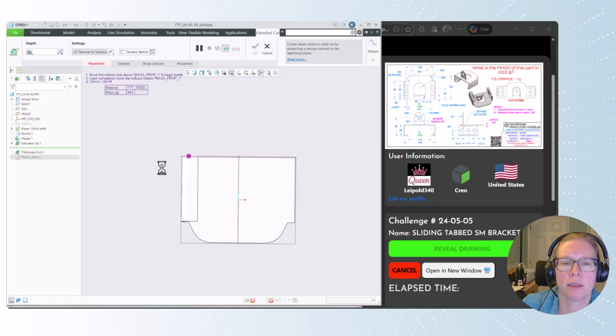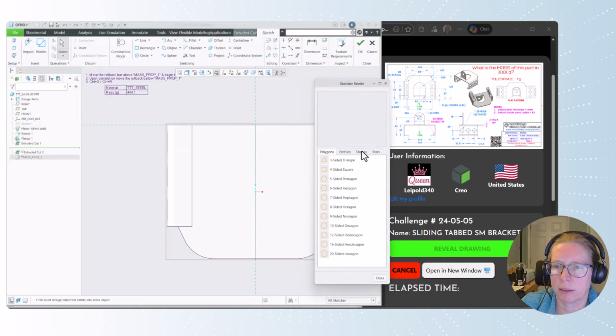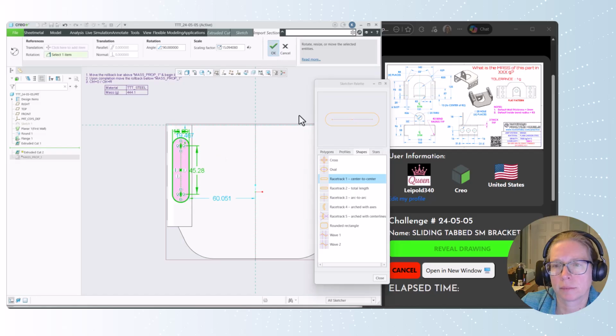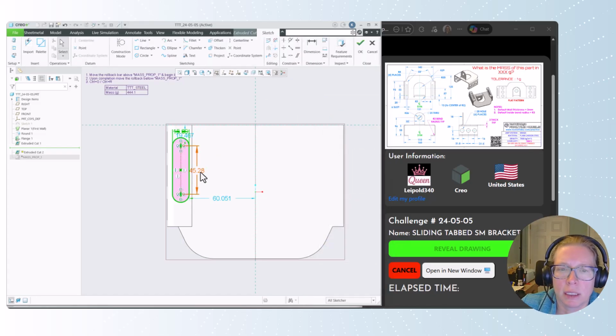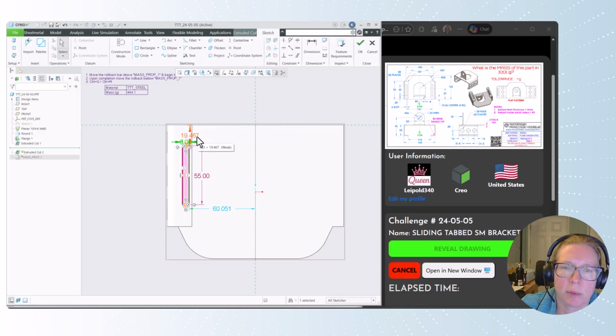Let's add another extruded cut, and we'll drop in a slot. So we'll grab that from the shapes in the sketcher palette, rotate that, drag that over here, and our center distance is 55. Our overall slot width is 6. We are locating it 20 from the back,